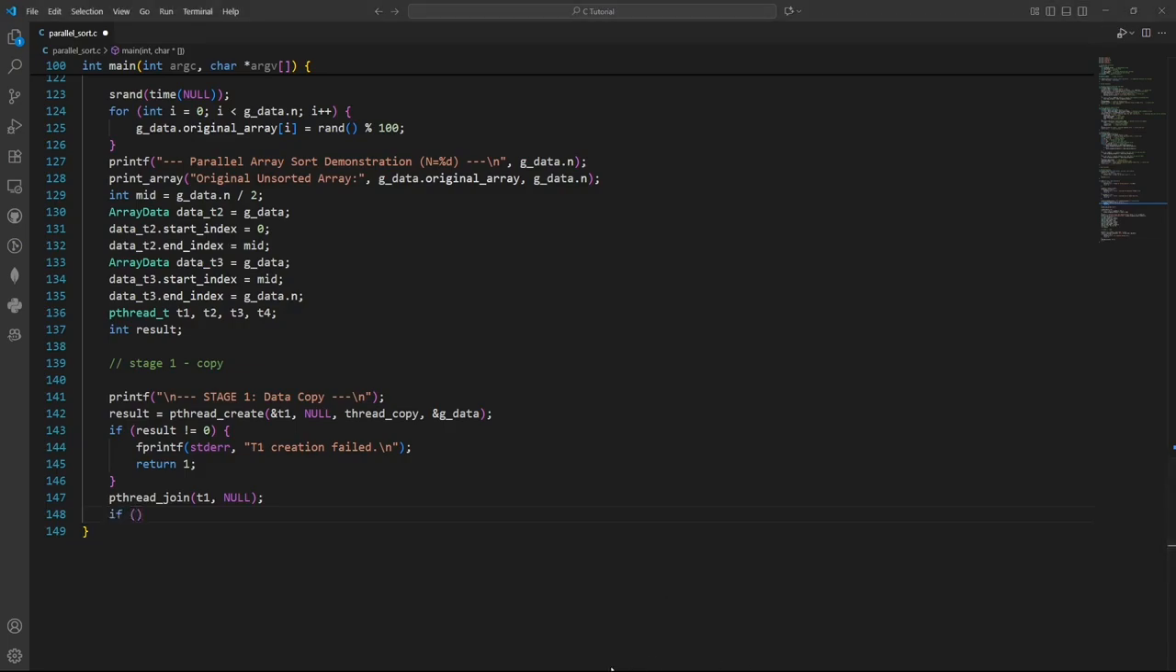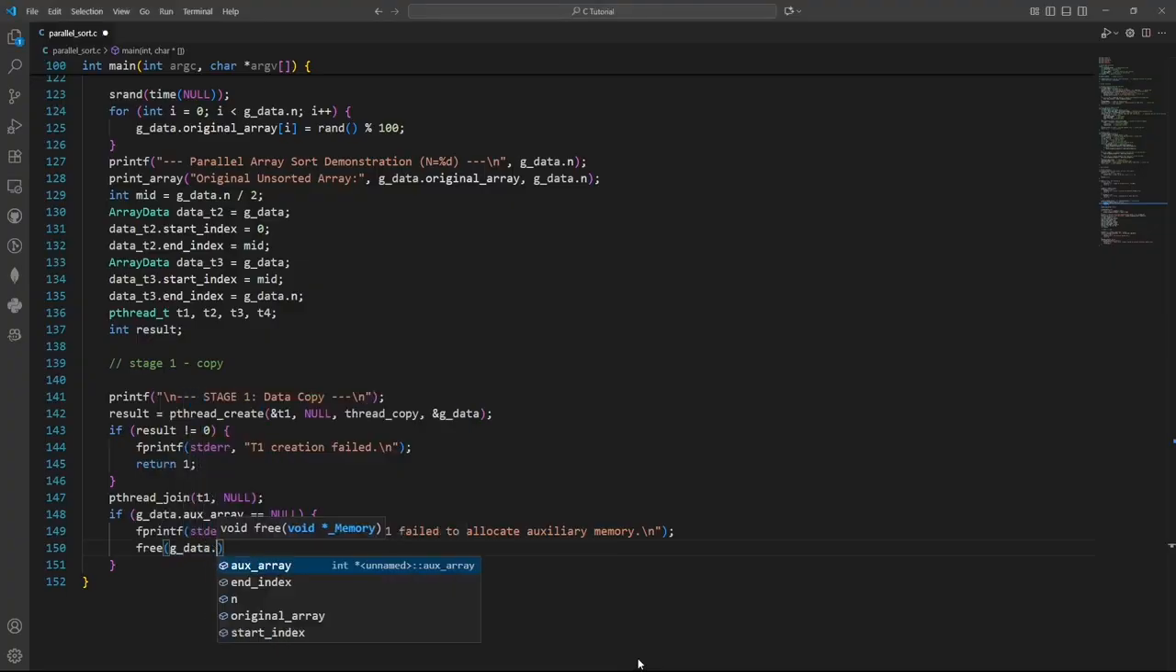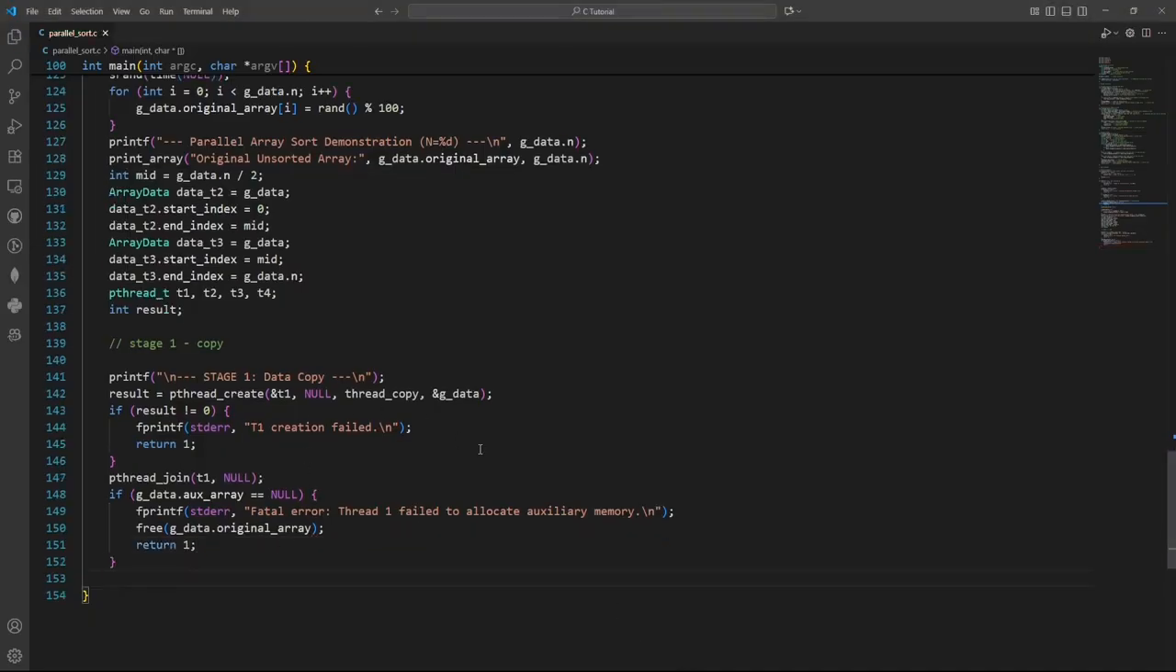So if gdata.auxiliary_array is equal to null, we're going to pass in that there was a fatal error. And then we're going to free the data, so gdata.original_array. And then we're going to return 1. But assuming